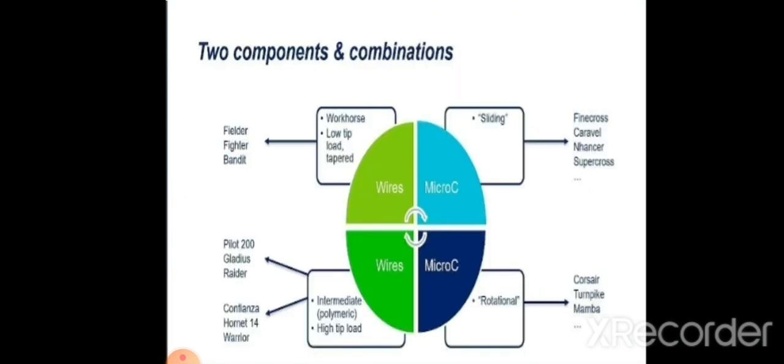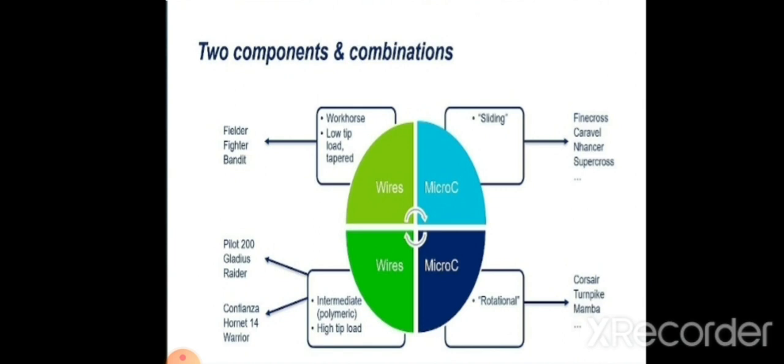Briefly, we will remind our fellows about the dedicated guide wires that we all use in daily practice for dealing with CTO intervention. We have two groups of wires: the workhorse wires, or low taper tip, like Filter and Fighter and Bandit, the intermediate polymeric like Pilot 200, Gladius, and Raider, and the high tip load like Confianza, Hornet 14,